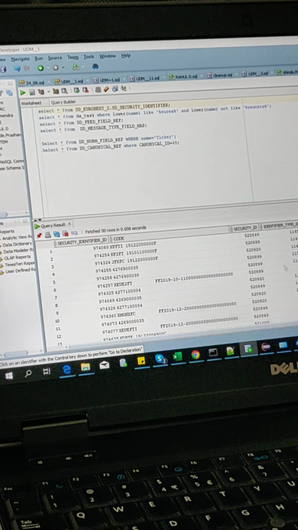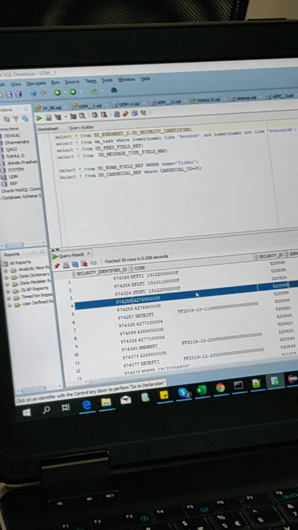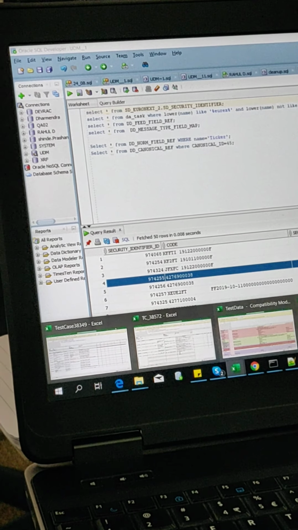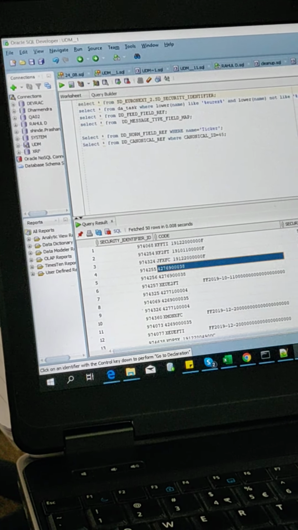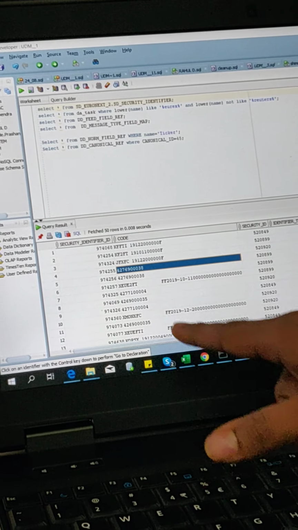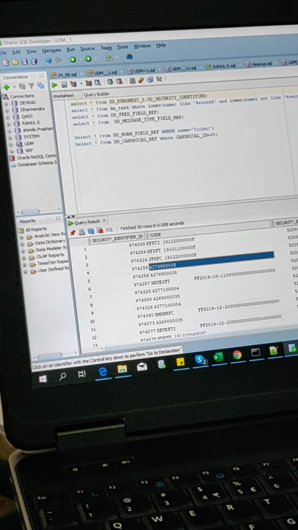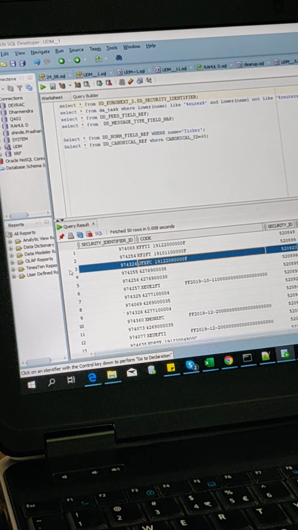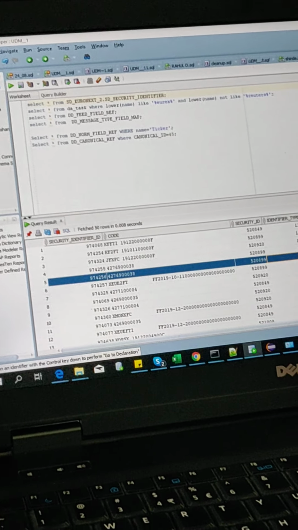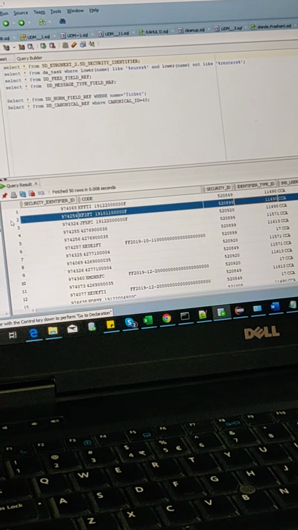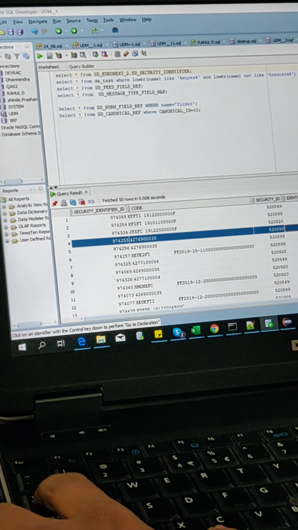ठीक है. So let me check this. What is this? You guys might not know this particular value is a Figgy request ID. Okay, 11571. So let's try to understand. Security identifier में कैसे, how will this functionality for norm fields and canonicals work in security identifier? These are all different attributes. This is Figgy request ID. This might be some other attribute. All these have different identifier type IDs. So how does this particular functionality work?